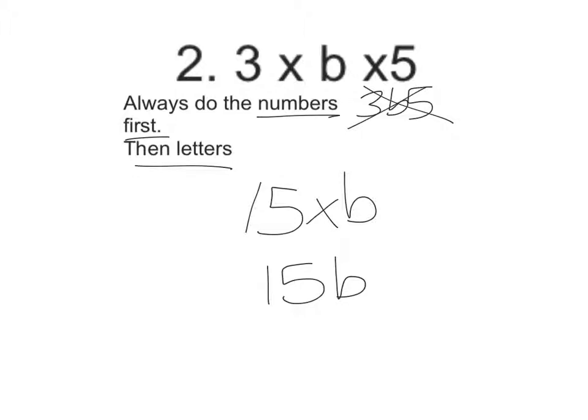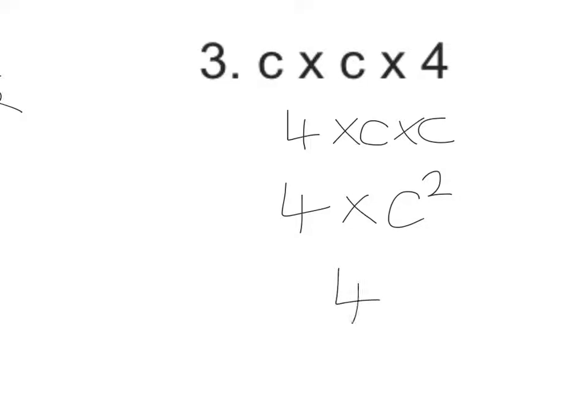Let's look at one more example. Okay, example 3 looks a little bit different, but if we follow the same rule of numbers first, then letters, we've got a number here, 4. Let's put that at the front so we know what we're doing. 4 times C times C. Well, C times C, hopefully you'll remember, is C squared. So I've got 4 times C squared, which is just 4C